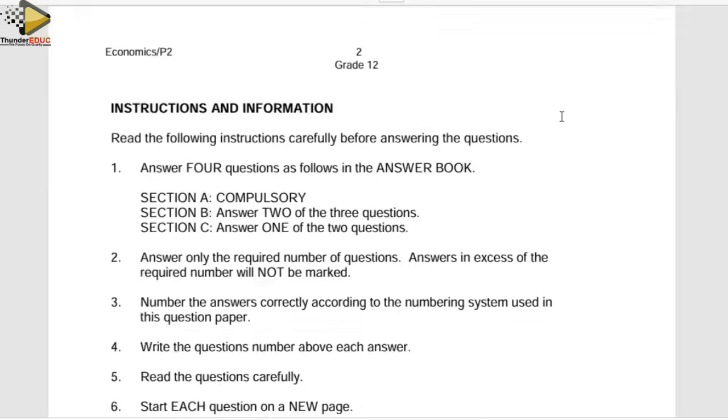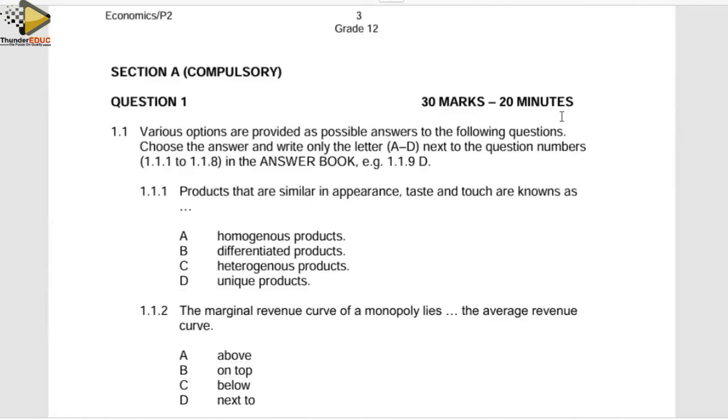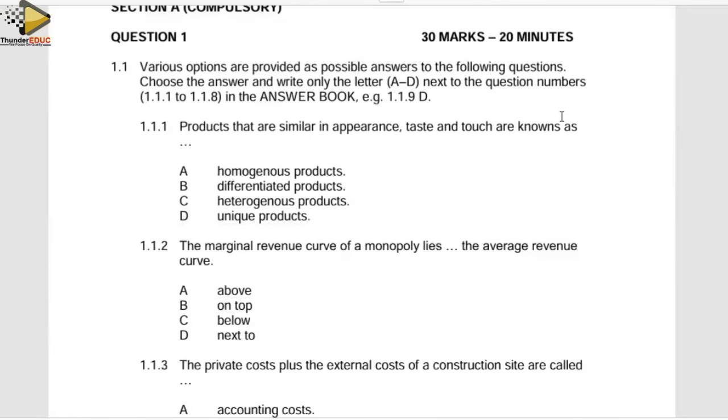Right. Our first part is section A, which has 3 subsections: section 1.1, 1.2, and 1.3. Section 1.1 is a section of multiple choice questions where we are given a set of responses and we are supposed to pick the correct response from the possible options provided. Right, our first question, number 1.1.1,